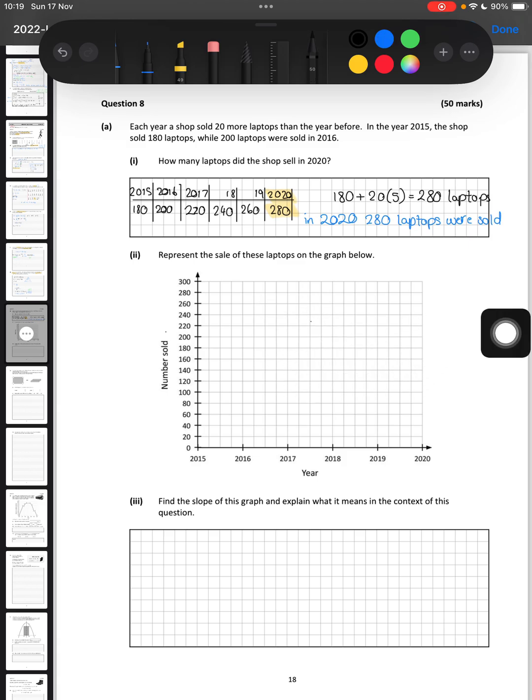Okay, so I can get my pencil and I can start plotting each of these points. So 2015, I'm at 180. So here, 2016, I'm at 200. So here,